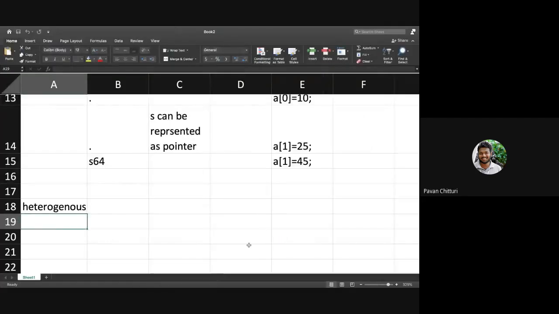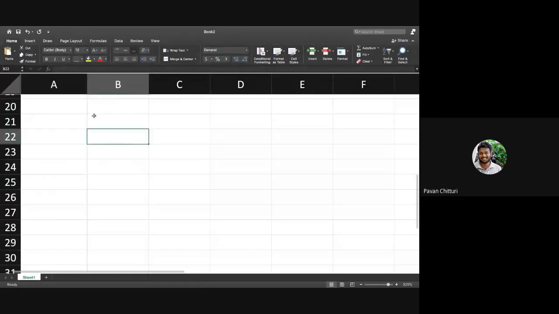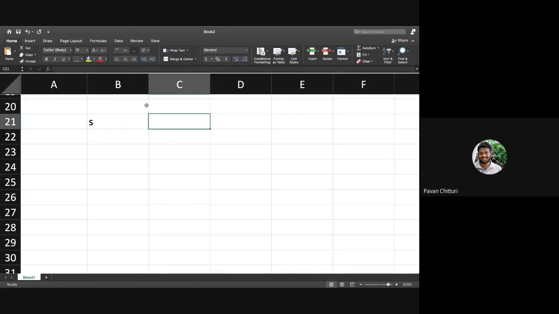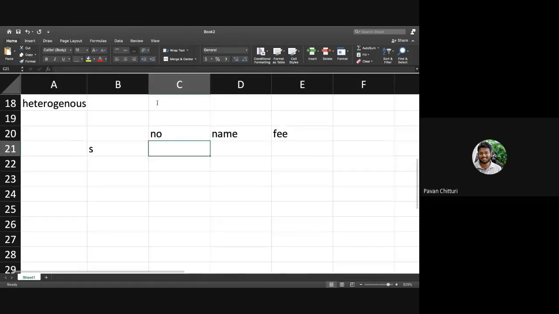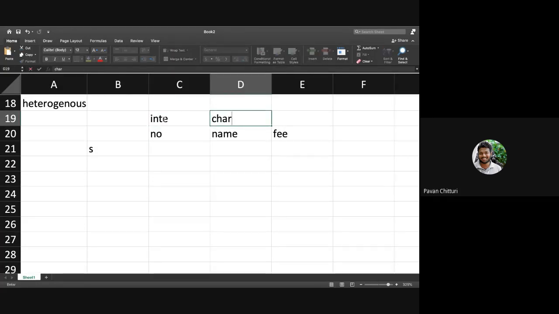So we will see how it is happening for one student. Yes has three things: number, name, fee. This number belongs to integer, name is char of 10.